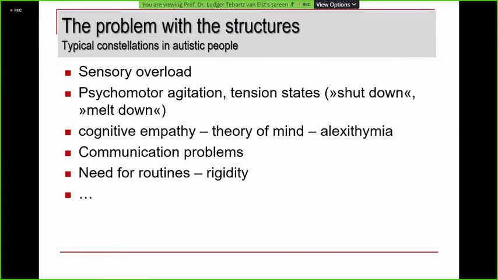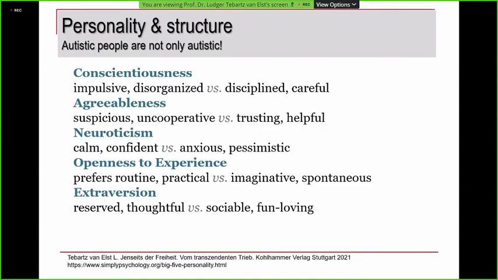The problems with cognitive empathy, with the deficient theory of mind, with alexithymia, we talked about that a minute ago. The communication problems, the need for routines, the rigidity, all these features are structural features which you cannot change. You can only accept and adapt to these features. And a few years later, I realized that this is the case not only with autism, but basically with almost